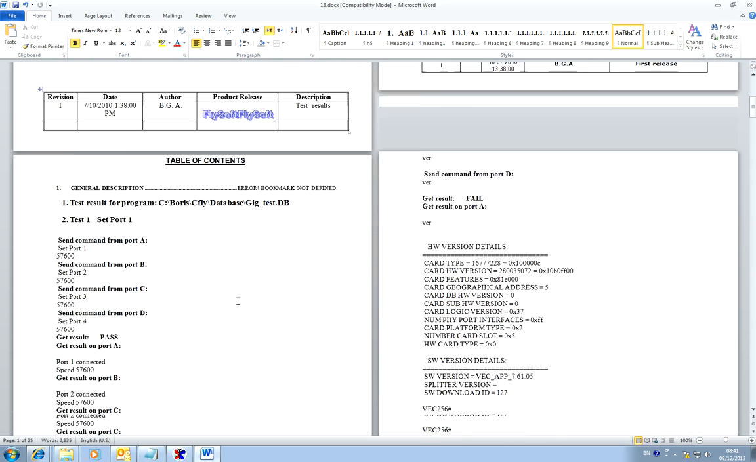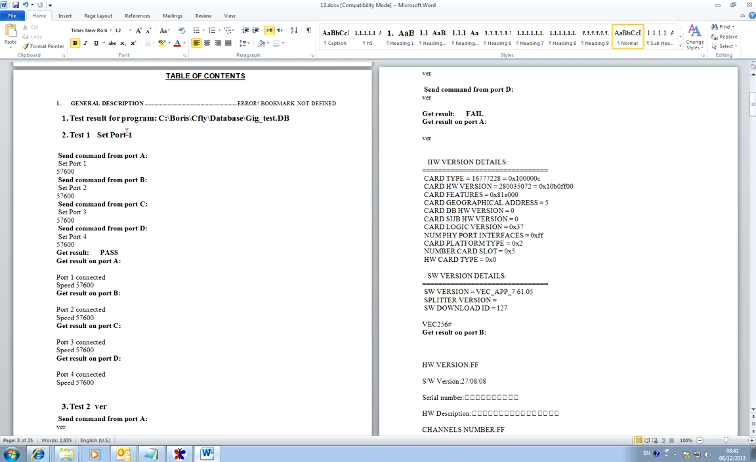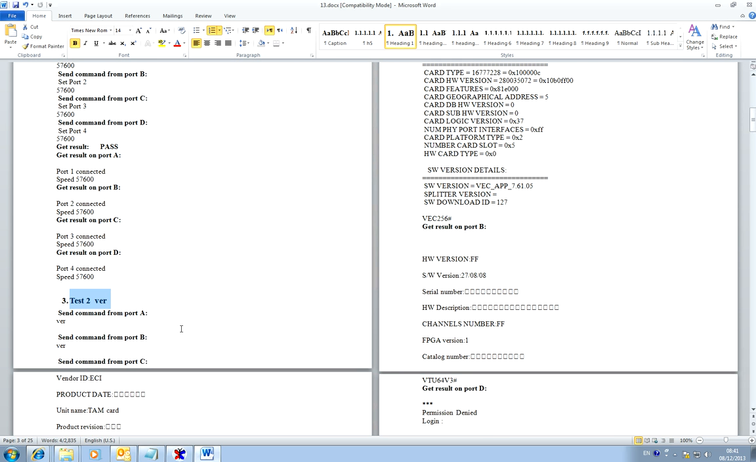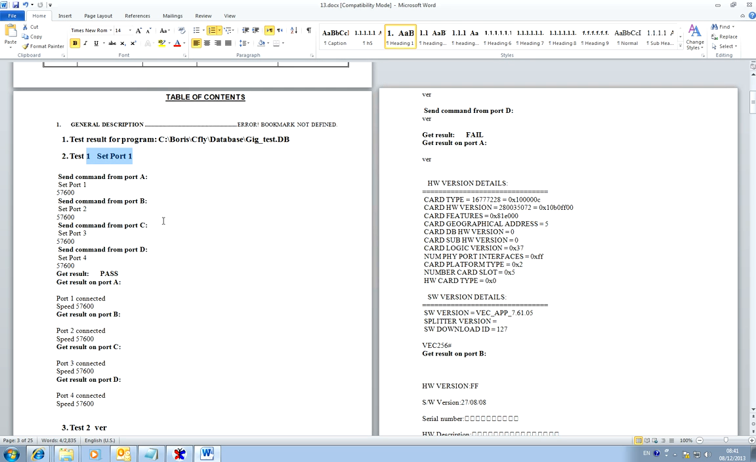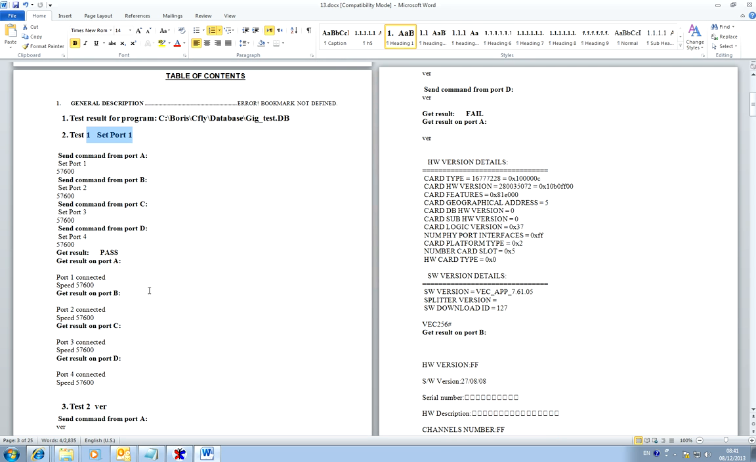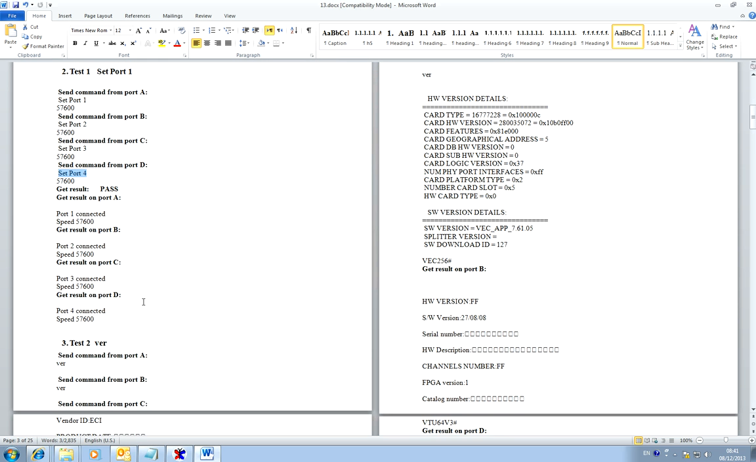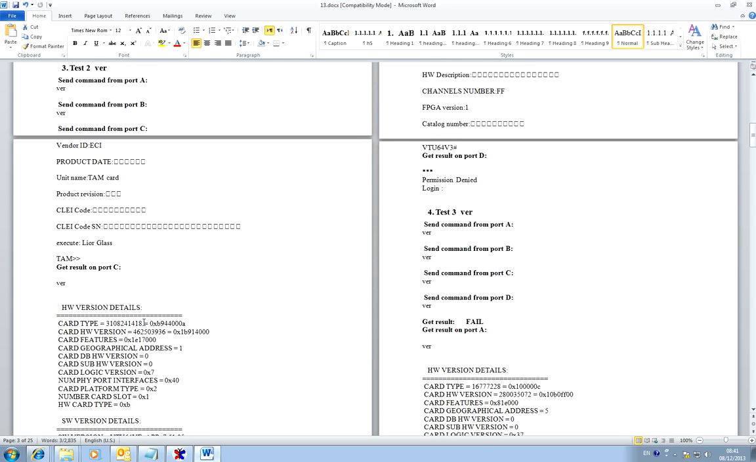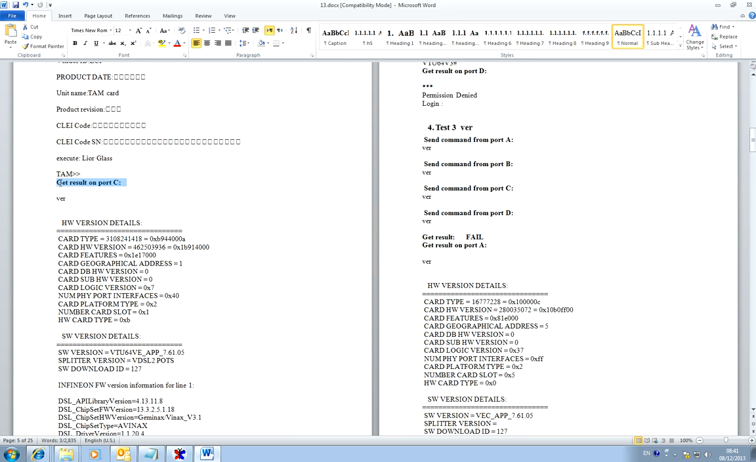Okay, you see the test 1, how it's built, what we do in the test. In test 1 we connect to the ports, and we set port 1, port 2, port 3, port 4. For all panels we have information, and after this we read the version, and this is the answer from all ports,